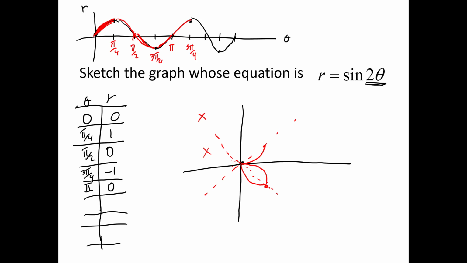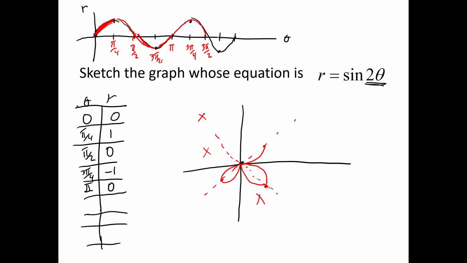Your R values are positive. So at 5 pi over 4, you're back at a high of 1. And now your R values are positive, so you're in that quadrant. Once you get past 5 pi over 4 to 6 pi over 4 or 3 pi over 2, your R values are positive, so you're in this quadrant right here, but you're supposed to be connecting back to the pole because your R value goes back to 0. Okay. Okay, so now we're past the 3 pi over 2, and we're supposed to be over here in this quadrant,